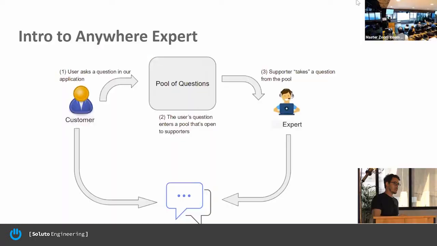So most of our experts do not actually work for Soluto, but they are contractors. Same as Uber. The people who drive for Uber are not Uber workers, but they are some kind of contractors. So it's basically the same, where the paying model is by session, same as Uber paying for every ride. So that's a high-level intro to the product I'm going to talk about. We have multiple products in Soluto. This is the one we are currently talking about.